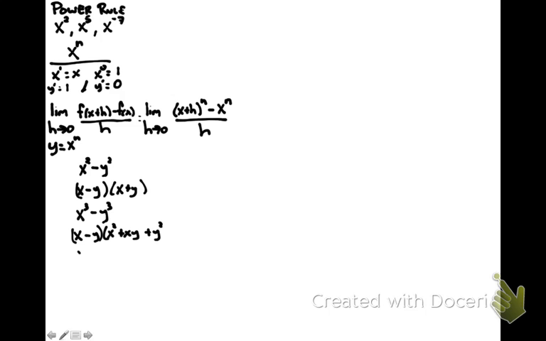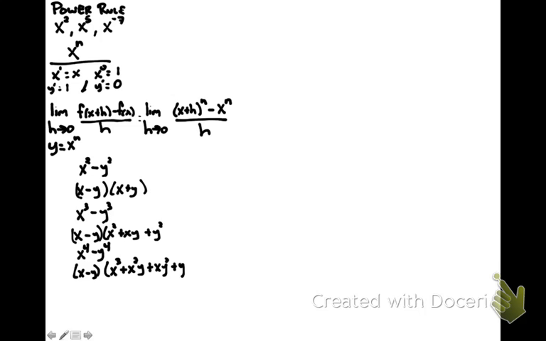Furthermore, you most likely don't know, but hopefully you'll start to see the pattern. x to the fourth minus y to the fourth is equal to x minus y times, notice the pattern, x cubed plus x squared y plus xy squared